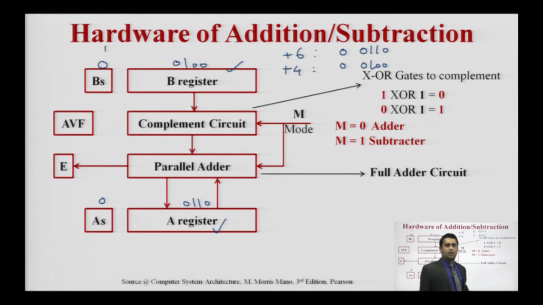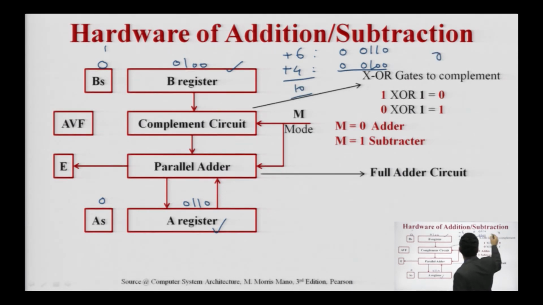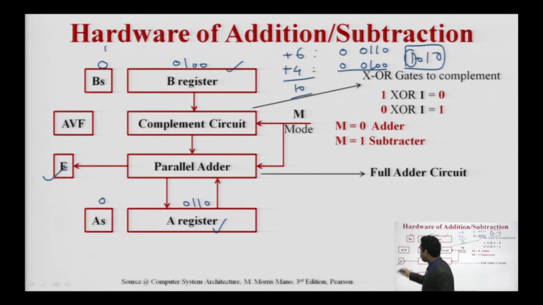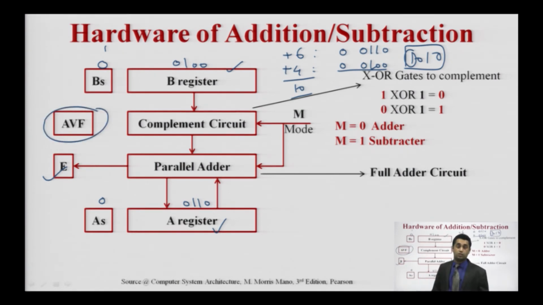Two extra flip-flops are required here, for the carry and overflow purpose. If I am adding two numbers, taking the same example, the answer is 10 and 0101. This is the new part, where we take one extra bit, which is stored in the carry, and side by side this is also represented in terms of arithmetic overflow. Sometimes it's a 2-mark question: what is this AVF? AVF is arithmetic overflow. We will see the usage of arithmetic overflow next.